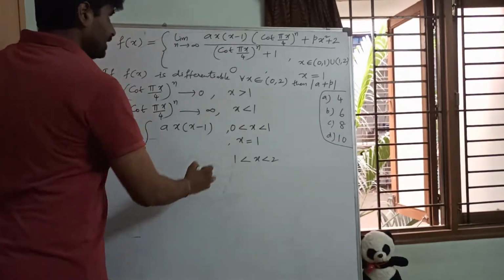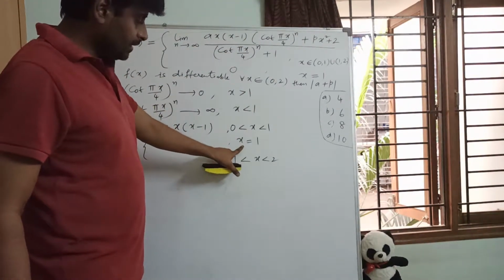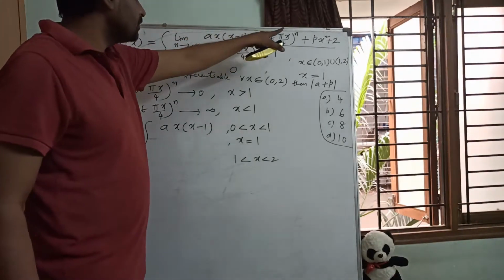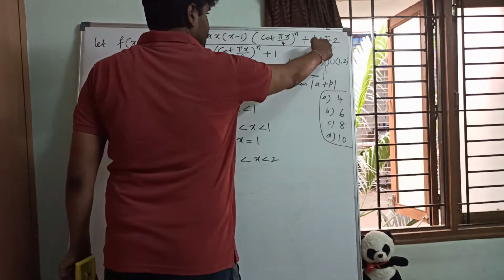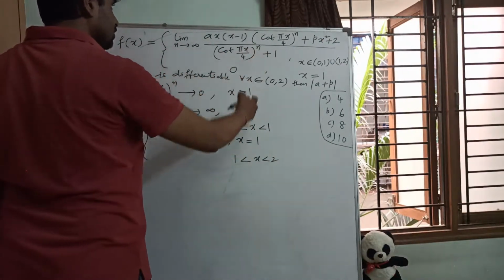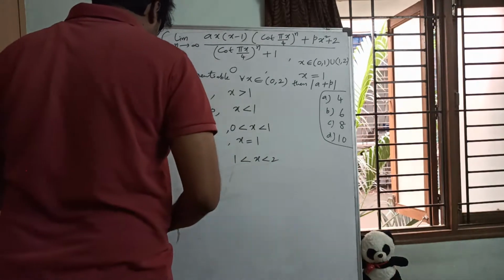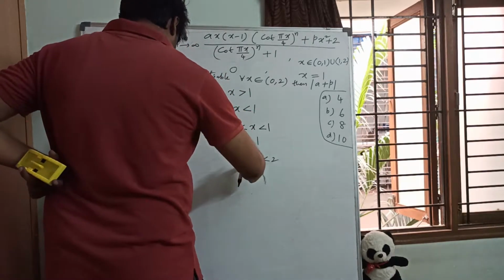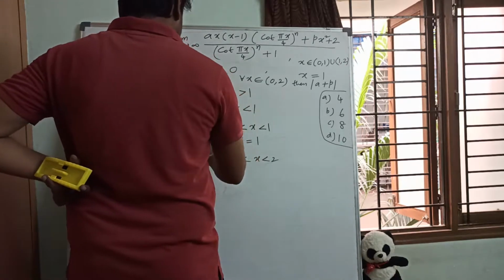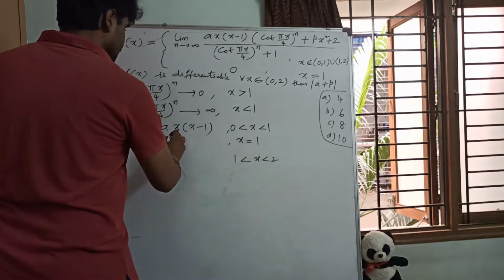Similarly, whenever you put x equals 1 directly into that function, 1 minus 1 is 0, so this will become 0. Here, when you put 1, what will you get? px square plus 2, so p plus 2, and that will become 0 there. Now for x equals 1, with 1 less than x less than 2, if you substitute 1 from below, this will be 0, right? So anyway px square plus 2, so we can write p plus 2.